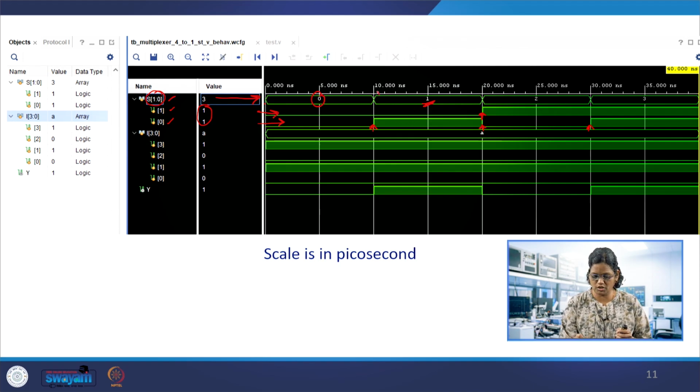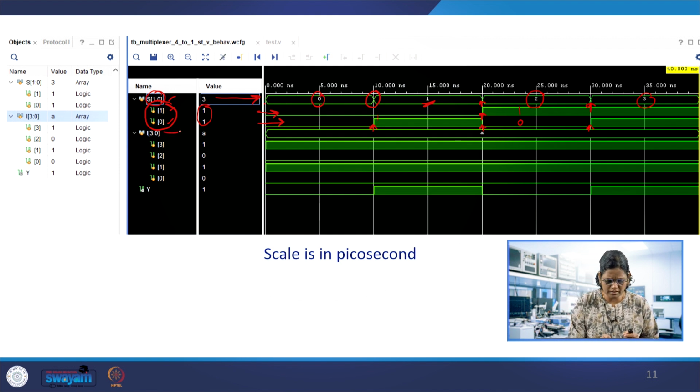Okay, and the data change can be viewed at this point. This is 1, and here this is 1 0. Okay, so this is 1 and 0. So, you can see the data change at this point, and it is shown as 2. Also here 1 1, it is 3. Okay, so 1 1, the 2 bits, which is 3. So, this displays 0 1 2 3. So, the multi-bit vectors, by expanding each bit, can be viewed in the waveform editor.